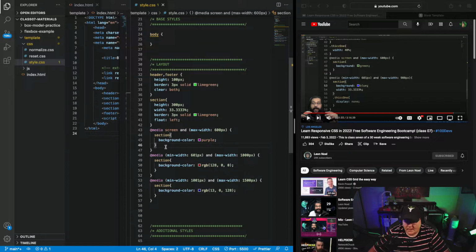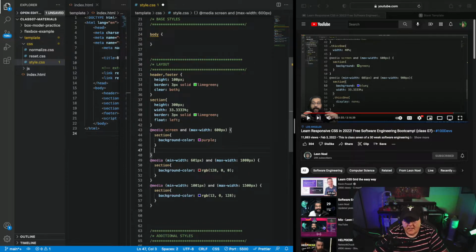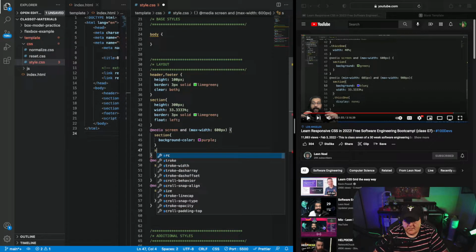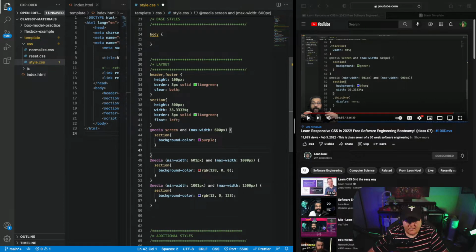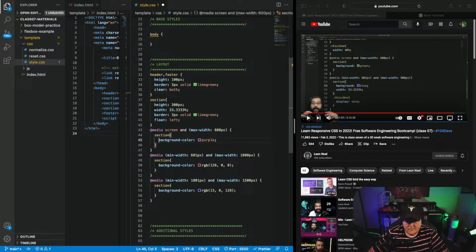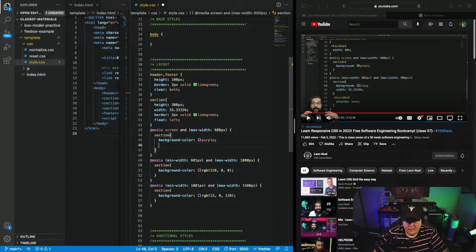So it's still inside of that bracket. So let's go ahead and do another section. So we're still on section. Or no, that's going to be underneath that one, wouldn't it? Because we want it to change at this point, be purple. So let's go ahead and go